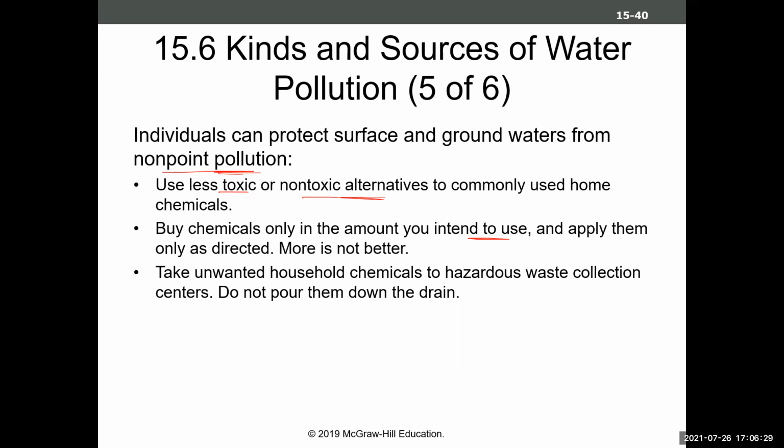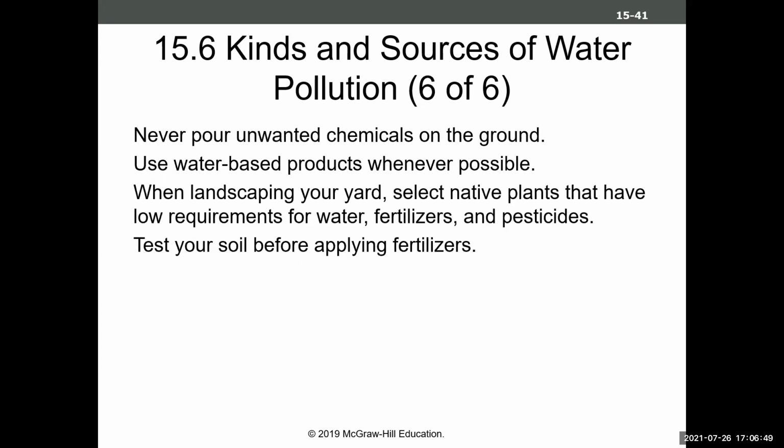They'll dissolve into the rainwater and then percolate down into your aquifer, and you may drink it in 10 years. It can happen. So especially if you have a well that you get water out from under your yard, you want to make sure you're paying attention to these things and you're not pouring those unwanted chemicals on the ground. Use water-based products whenever possible. When landscaping your yard, choose native plants that require low amounts of water, fertilizers, and pesticides. And then test your soil before applying fertilizers and look into natural ways to increase